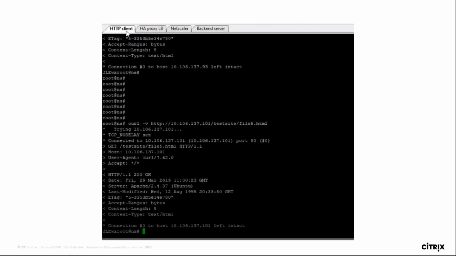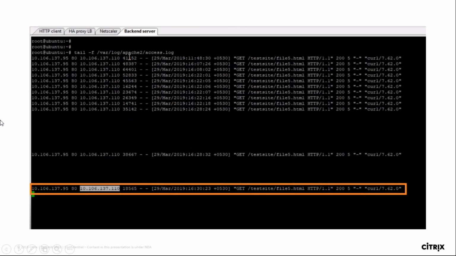And if you go to the backend server and see the logs, you can see that .110, which is the IP of the client, has been registered and logged on the backend server. So with the proxy protocol, along with the forward case, we can insert the client IP information if it is not coming from the proxy which is in front of the Citrix ADC.